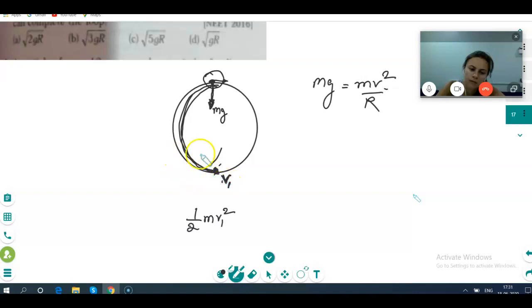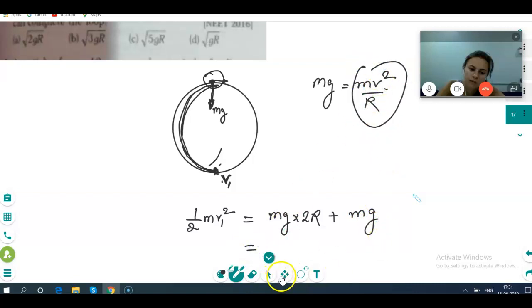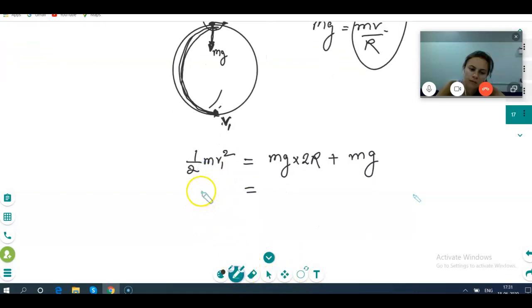Half mv1² must be equal to mg into 2r, because it rises 2r, plus the kinetic energy at the top. So half mv1² is equal to